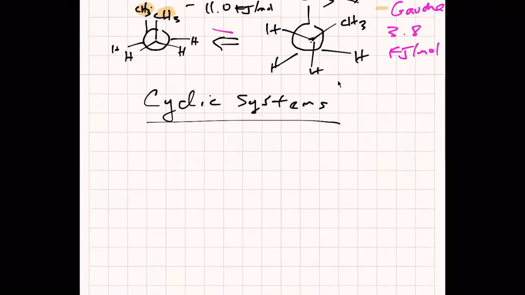All right. So when you think about cyclic systems, which is where we're going with this, normally for a cyclic system, you can have different ring sizes, three-membered rings, four-membered rings, and those 3 and 4 membered rings are pretty strange. So we have a cyclopropane, sorry, or cyclobutane. Those have ring strain because of the angles between the carbons. So if we did for the 3-membered system, if we did a Newman projection like so,